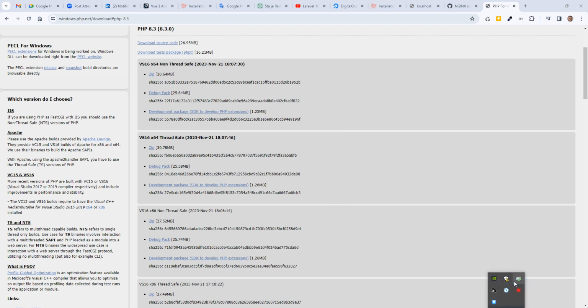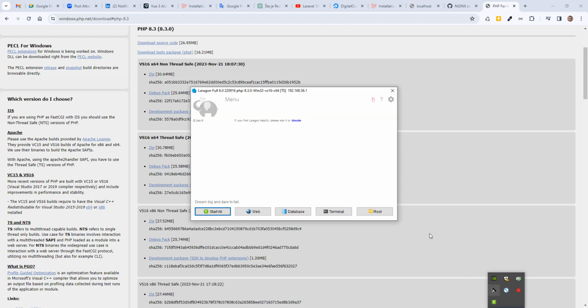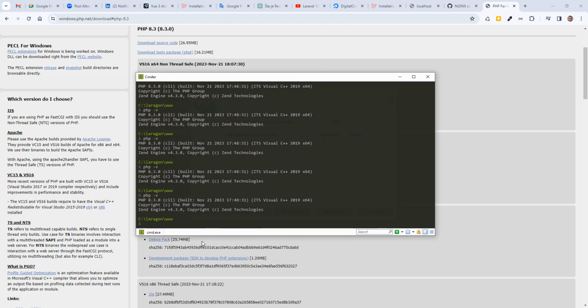For example, stop. I think it's stop, and then start all. I don't know if I said that I'm using nginx as the web server. After everything is started, in Commander,